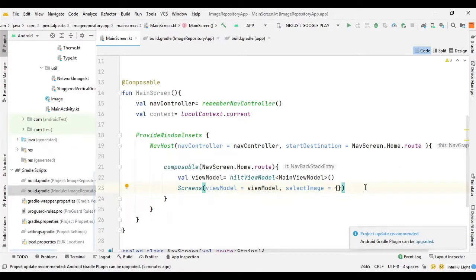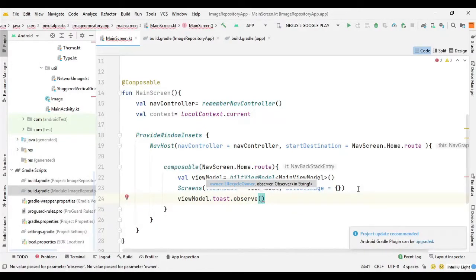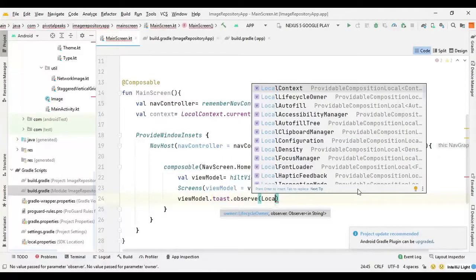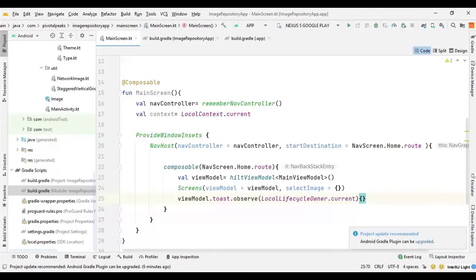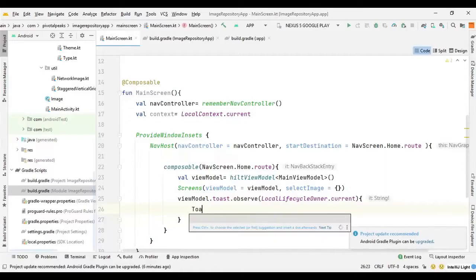After that, we need the toast in case of API response failure. So we can say viewModel.toast.observe, and here we need to provide a lifecycle owner. So we can say LocalLifecycleOwner.current, and then we can create our toast.